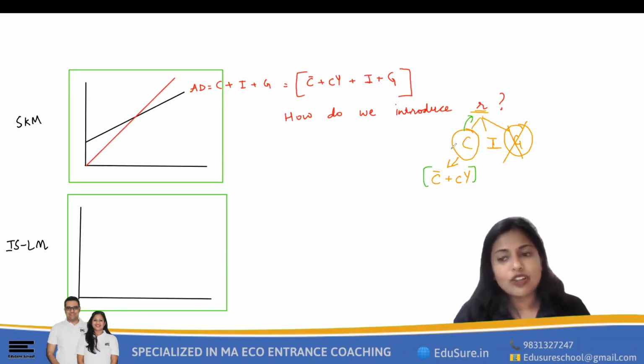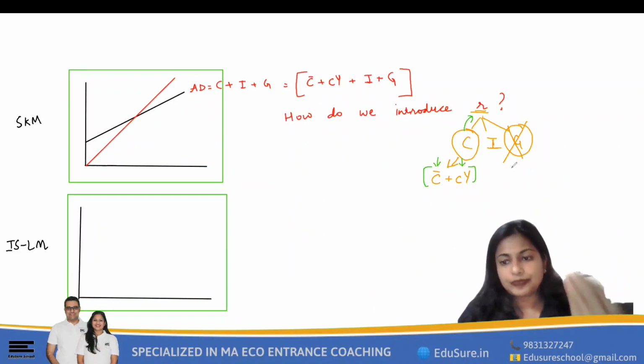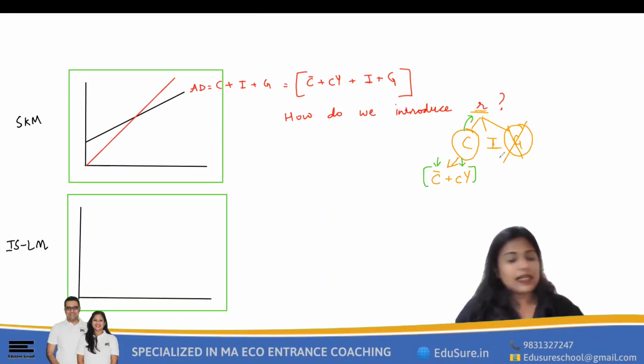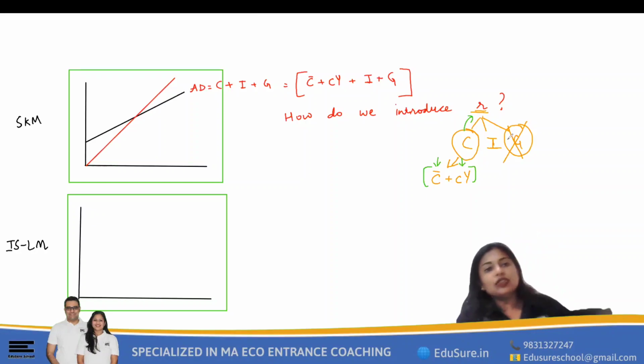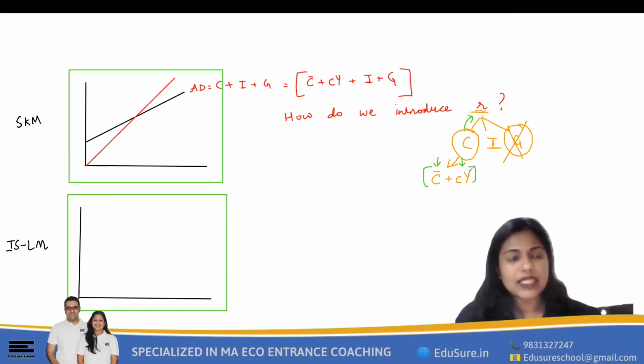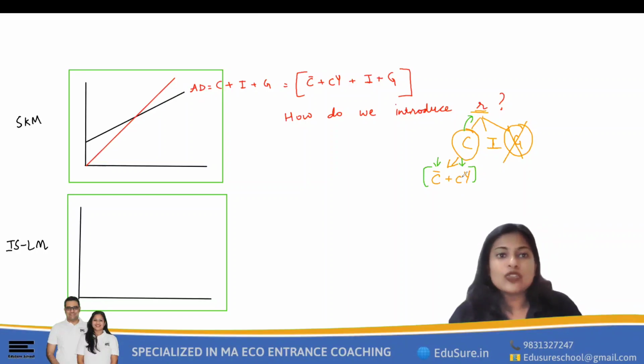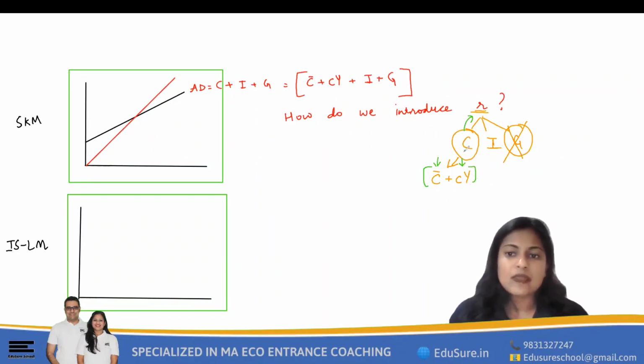Consumption is a function of what you minimum want to consume, C bar, and income. What I have today is what I can spend. Even though, as we may have discussed in SKM, this is also very simplistic. You don't consume based on your current income. You also consume based on your future potential or your past savings. But this is a very simplistic thing, so we keep it at that. We don't really introduce more things in this. So consumption is still C bar plus small c into Y.